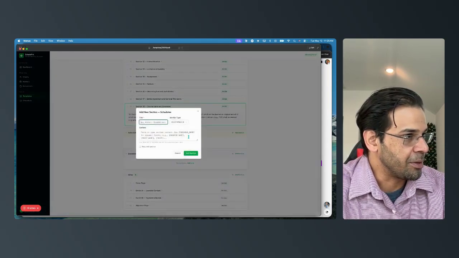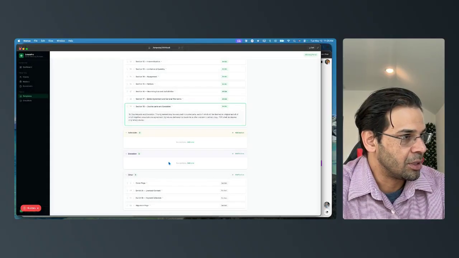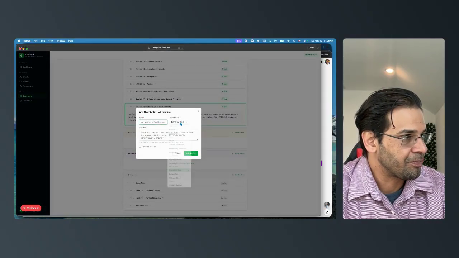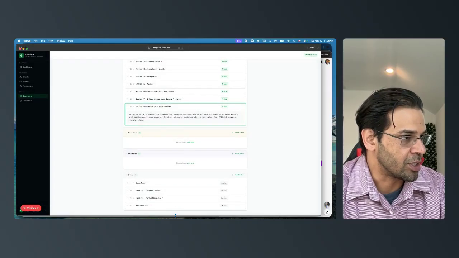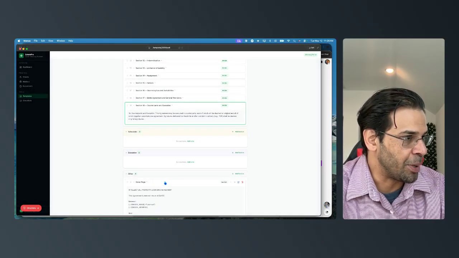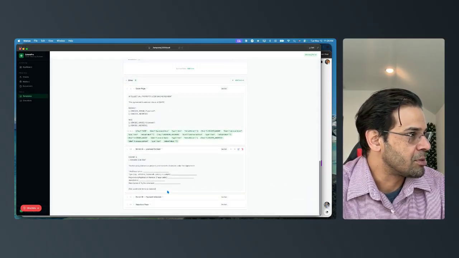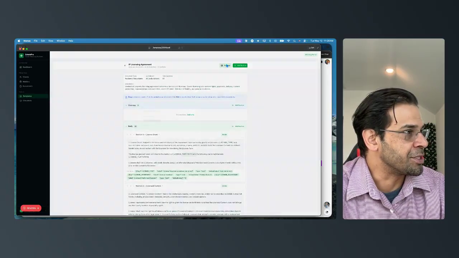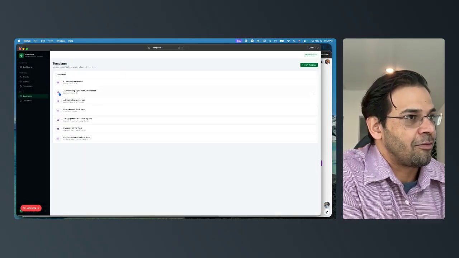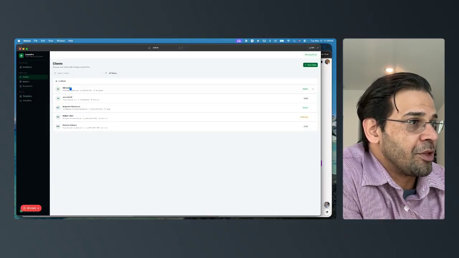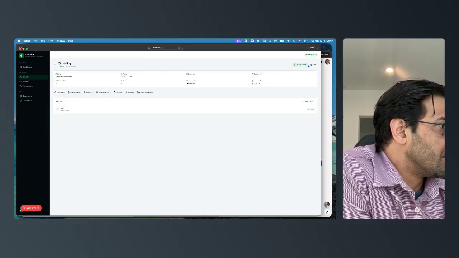Schedules, same thing. I can add a schedule. Execution. You can see signature block, recitals, whatever it is, right? What is required. It has a cover page. Okay. And all of this is in a print-friendly format. So you can even send this to clients, right?